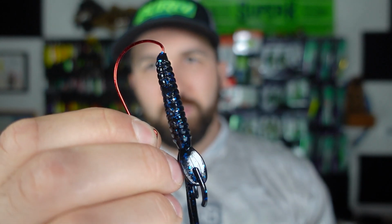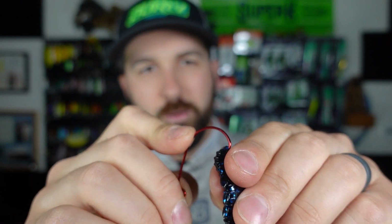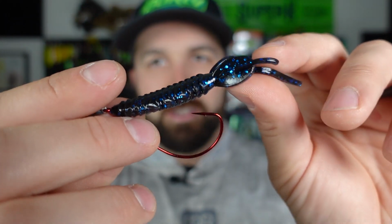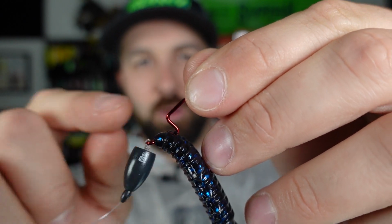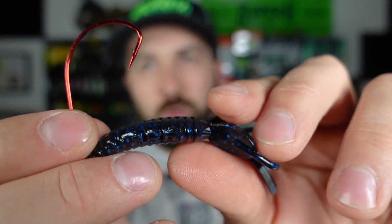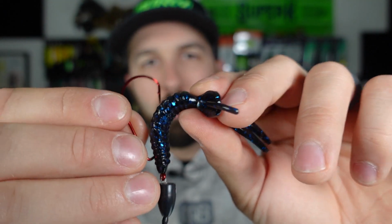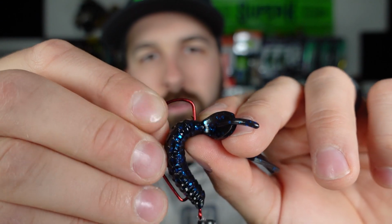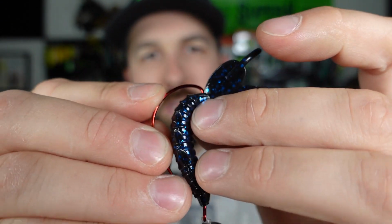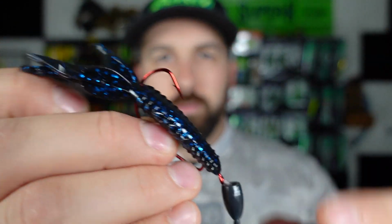So we're just gonna do the same thing. We're gonna Texas rig it. I might recommend switching to like a 2/0 flipping hook if you have the option. If you're just going with what's in the bag, then you can get this done. So we're gonna do a little shorter Texas rig. So you're not gonna go in as far into that head because you'll run out of room at the base. Same thing, we're gonna roll that bait up. We're gonna try and go into the middle, near the bottom here of that bait, push on through,